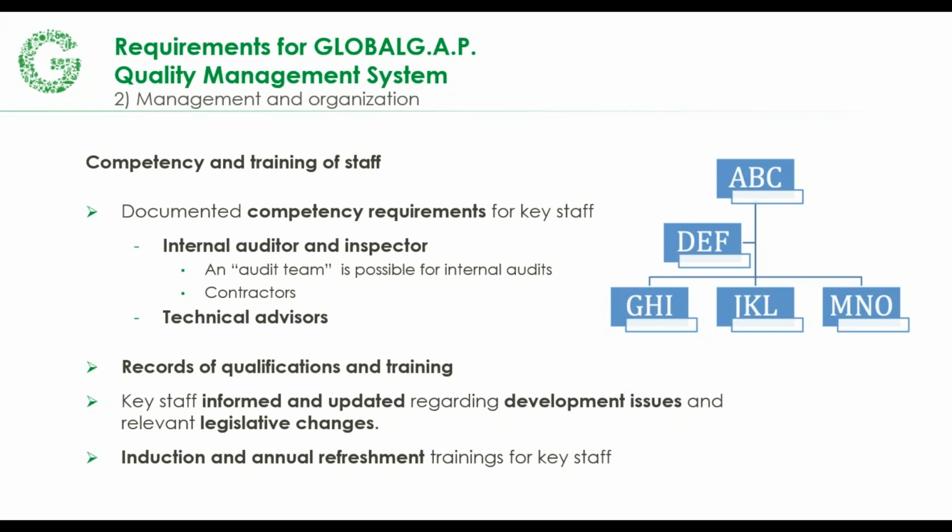So this is where the management commits to having suitably trained resources to be able to operate the quality management system, to be able to ensure that the requirements of GLOBAL.G.A.P are met, so that internal audits and internal inspections are carried out with authority, and that the internal auditors and inspectors are able to make independent and technically justified decisions. So there's no, we need this farmer to pass, so we have to make sure that they get a good score on the internal inspection. These are the kind of rules and resources that would be in this management and organization section.